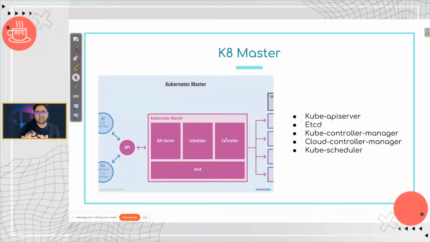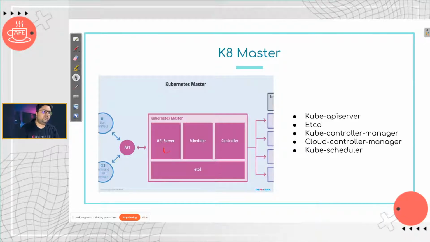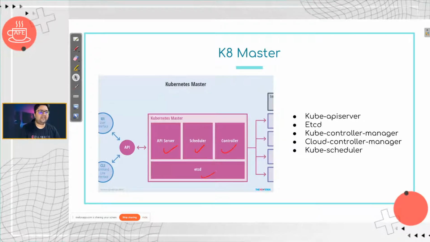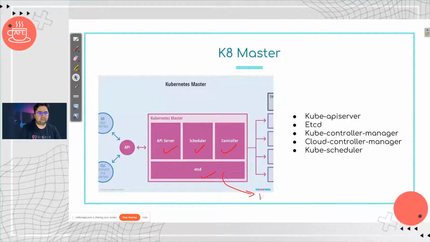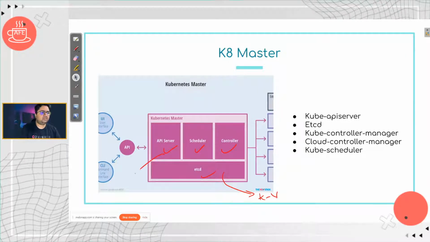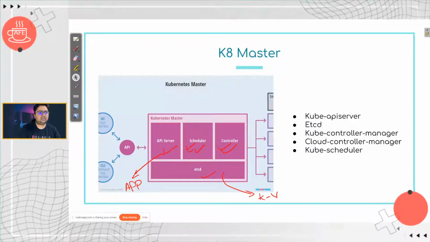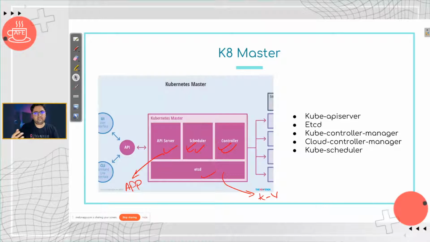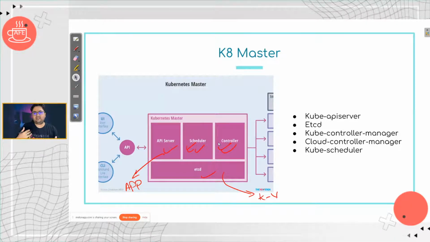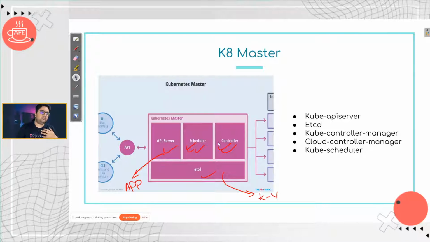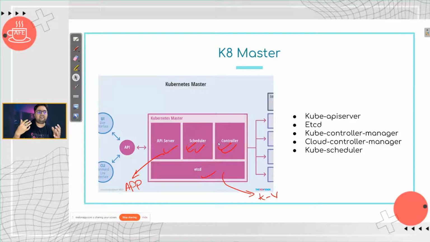The master has probably three components at a larger level, as I was talking. You have an API server, scheduler, controller, etcd. The etcd is the KV pair store. The API server is exposing APIs. This is scheduler. This is controller. Controller does pretty much everything else that is not covered in here. Takes care of health management, takes care of node availability, takes care of notifying or rolling upgrades, takes care of execution basically, right?